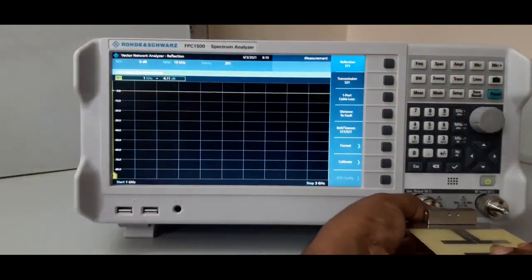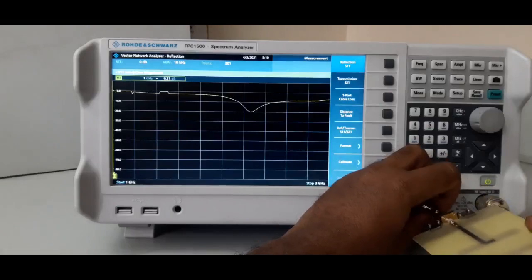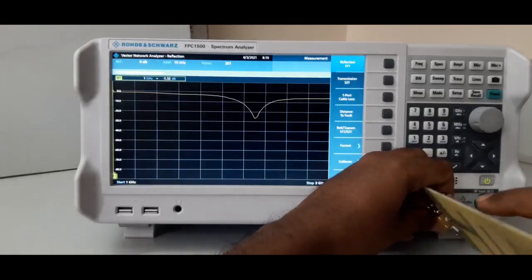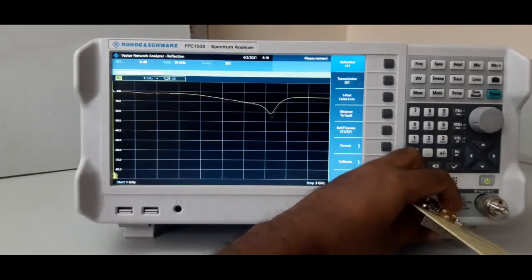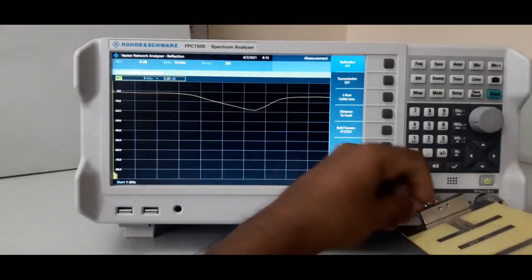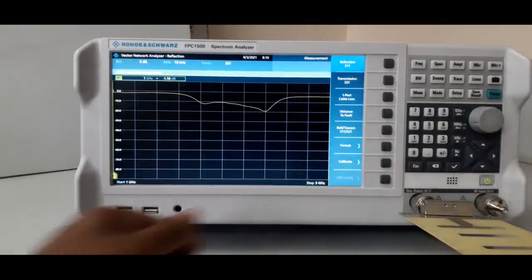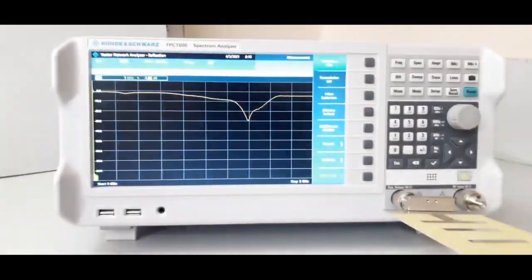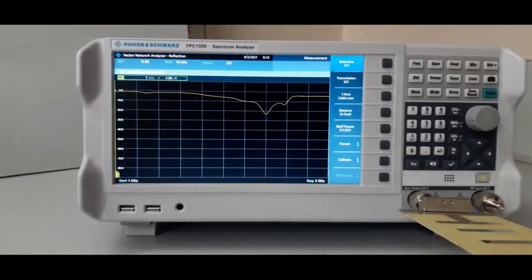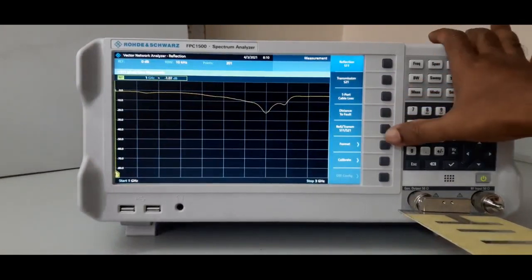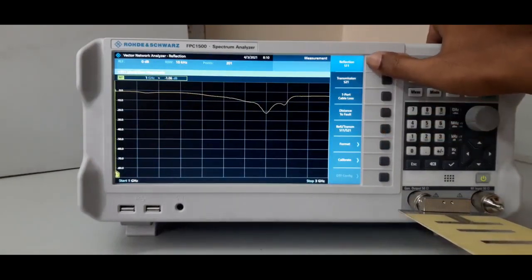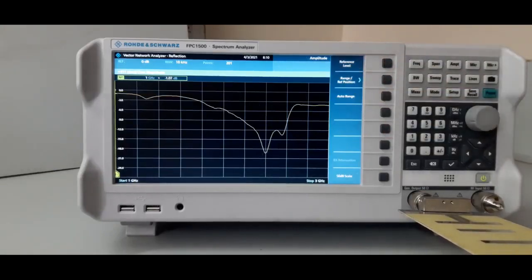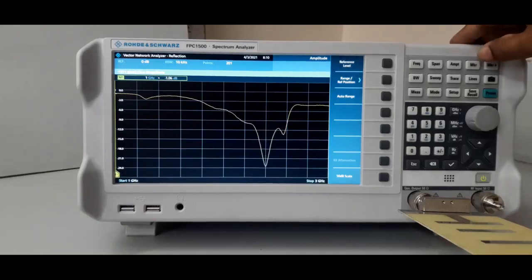So, you connect your antenna to port 1. I am connecting just the antenna to port 1. You connect it properly. Antenna connected. So, now you check S11 reflections. Range I will give auto, and I will select marker 1